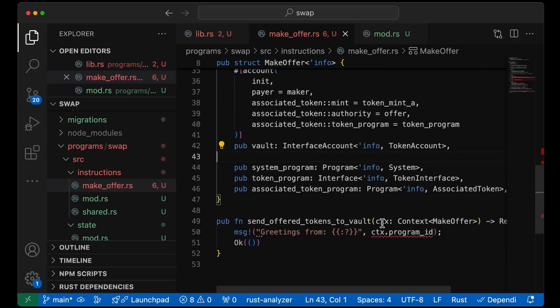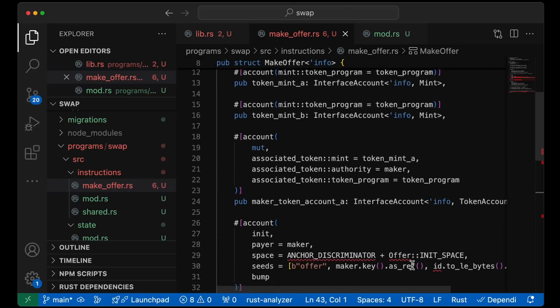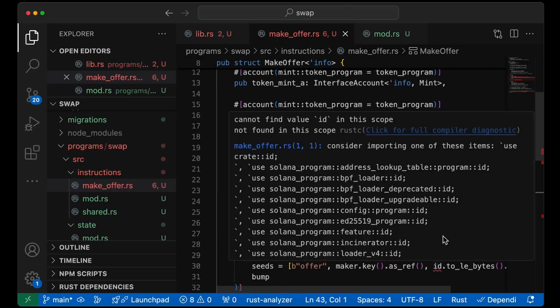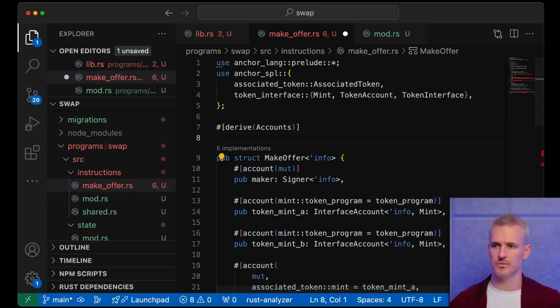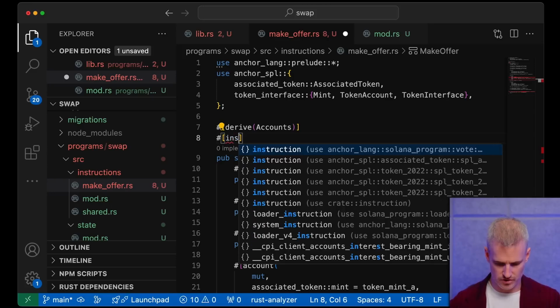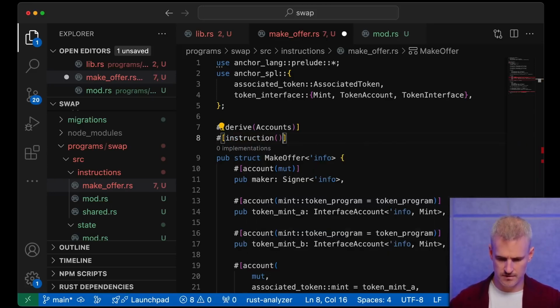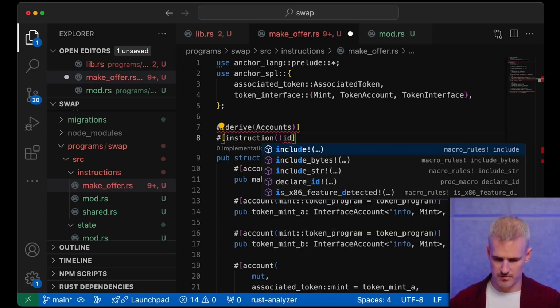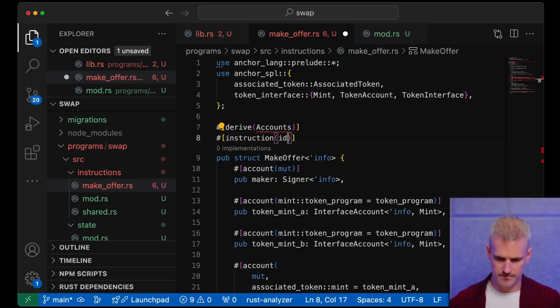There we go. So that looks pretty good. It's saying it doesn't like ID, so let's go fix that. We need to actually say in this struct that we want access to the ID that the client provided when they were making their instruction. So we will scroll up and we will say we want access to, what was it, instruction. We want the ID parameter, which is a